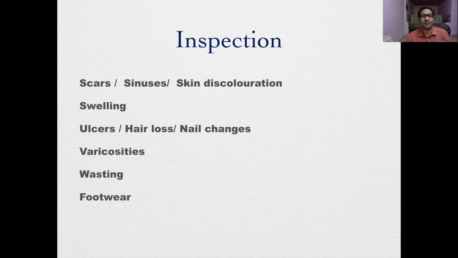So in the inspection, usually you would go the normal way. You would describe any scars, surgical or otherwise, the presence of sinuses, whether they are active or healed, whether they are discharging, what the discharge is, the ulcers, any skin discoloration, the description of any swelling, prominences, the loss of the skin creases. All this you can describe. Remember, the foot and ankle is a purely descriptive kind.